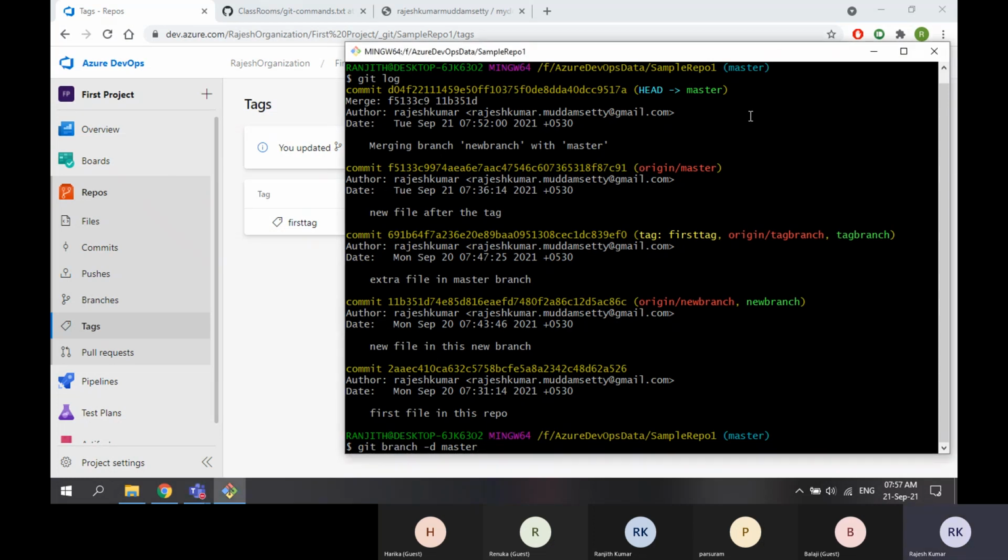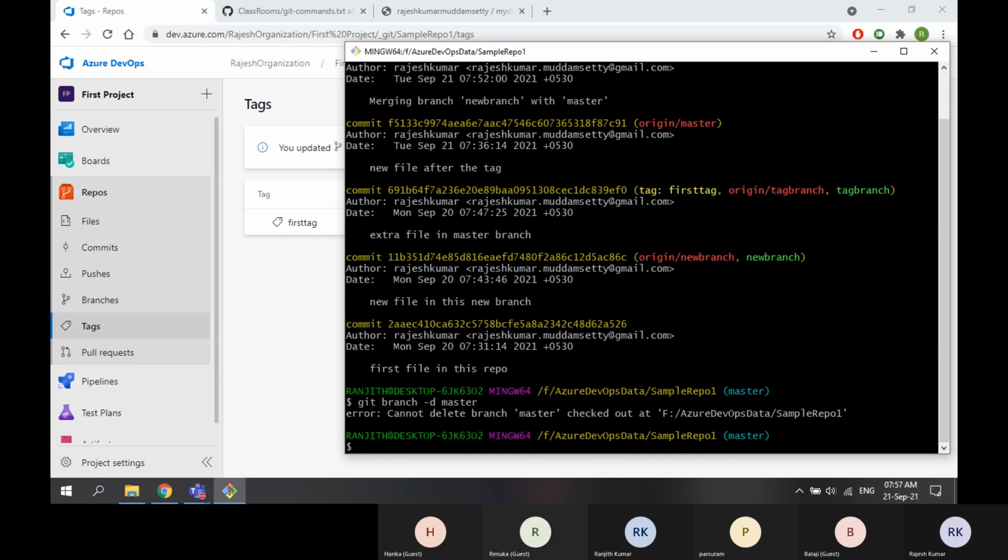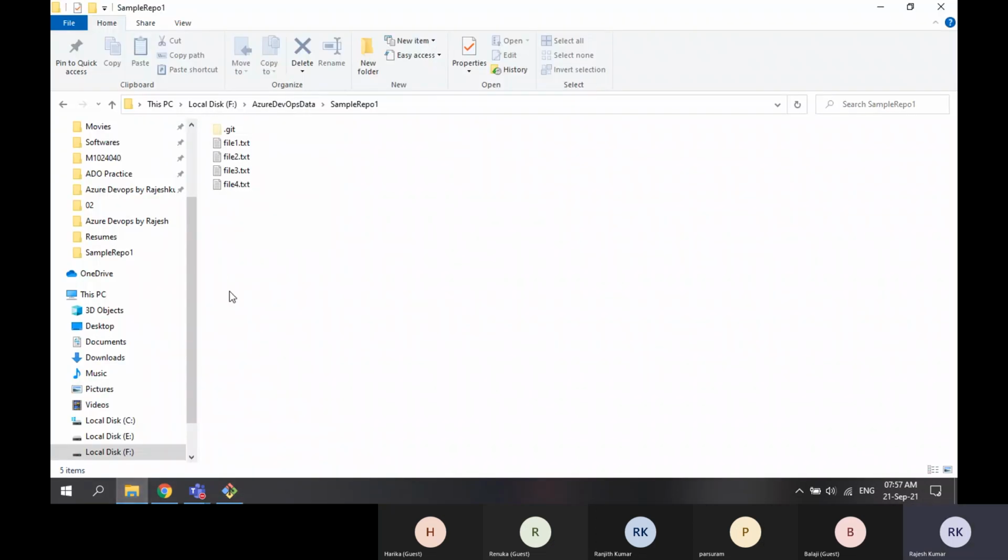So right now I'm in master branch and I'm trying to delete the master branch itself. It will throw me an error. It doesn't mean that master is important, that's why you are not able to delete. When you are already inside the branch, checkout is nothing but you are inside the branch. You might have observed that when I check out to any branch, the files will change.